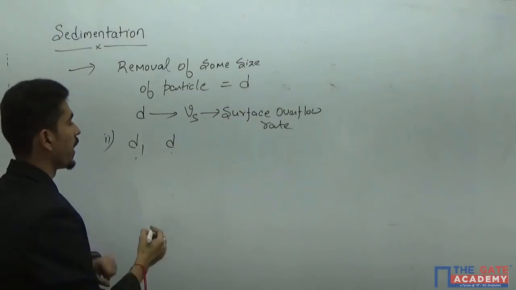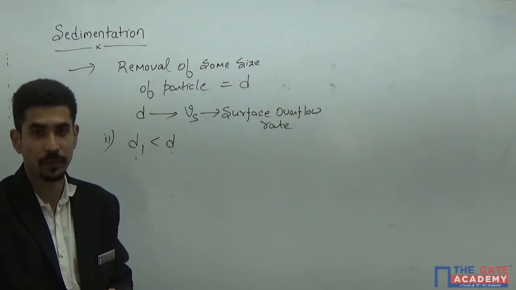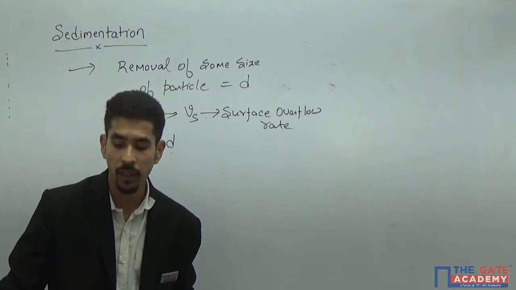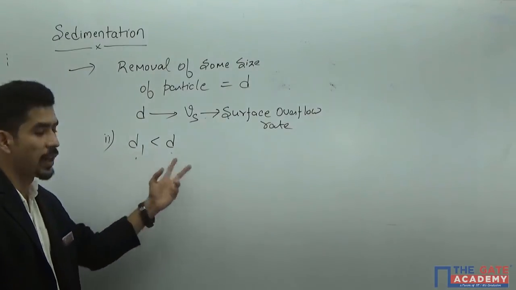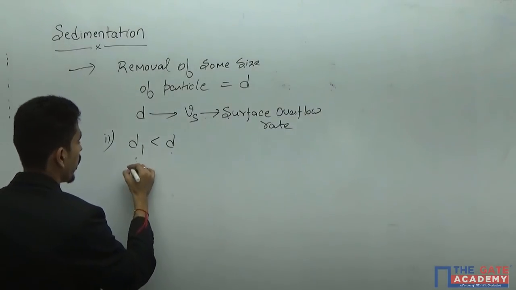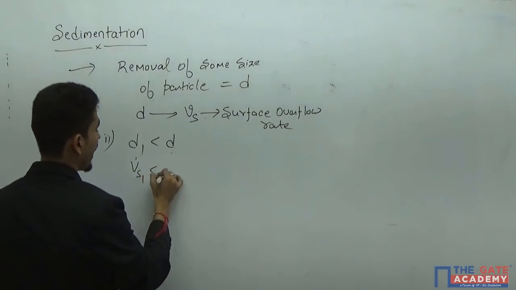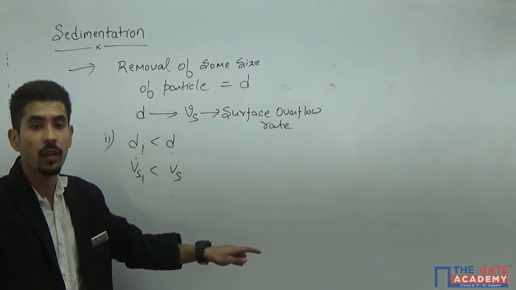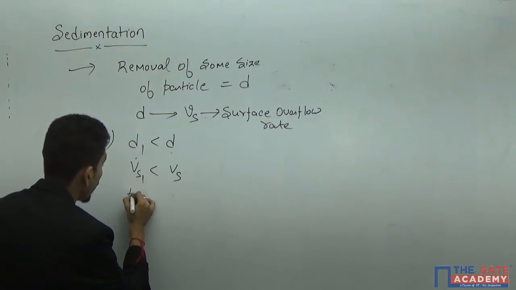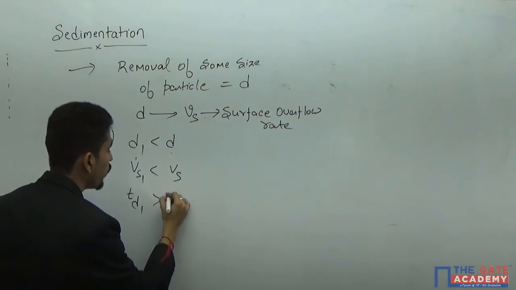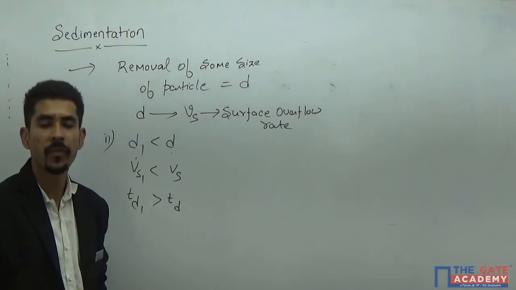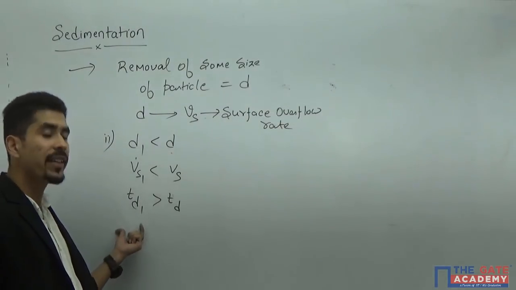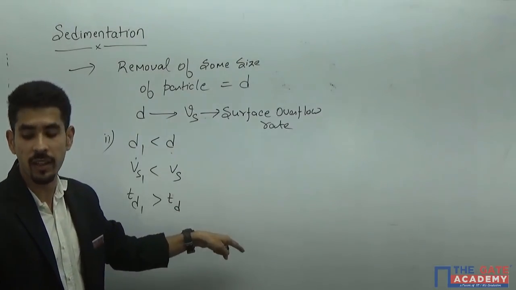Second case, this particle size D1 is less than D. Now if this particle size D1 is less than D, what will happen? If this particle size is less than D, that means your Vs1 will be less than Vs. If your Vs1 is less than Vs, that means your detention time TD1 will be more than TD. Your detention time will be more than TD, and if your detention time TD1 is more than your detention time,